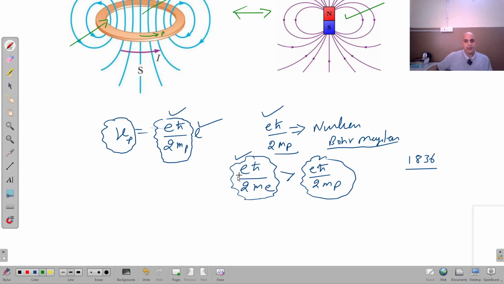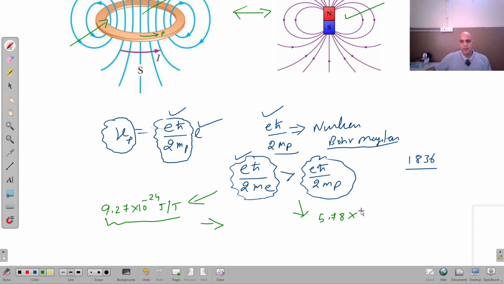So if we calculate the value of the electronic Bohr magneton, we know very well it is 9.27 into 10 raised to power minus 24, in ampere meter square or joule per Tesla. The dimensions are the same. But now if I write it for the nuclear one, we know there is a big difference between the mass of electron and the mass of proton. So you can calculate, it will come out in this case,